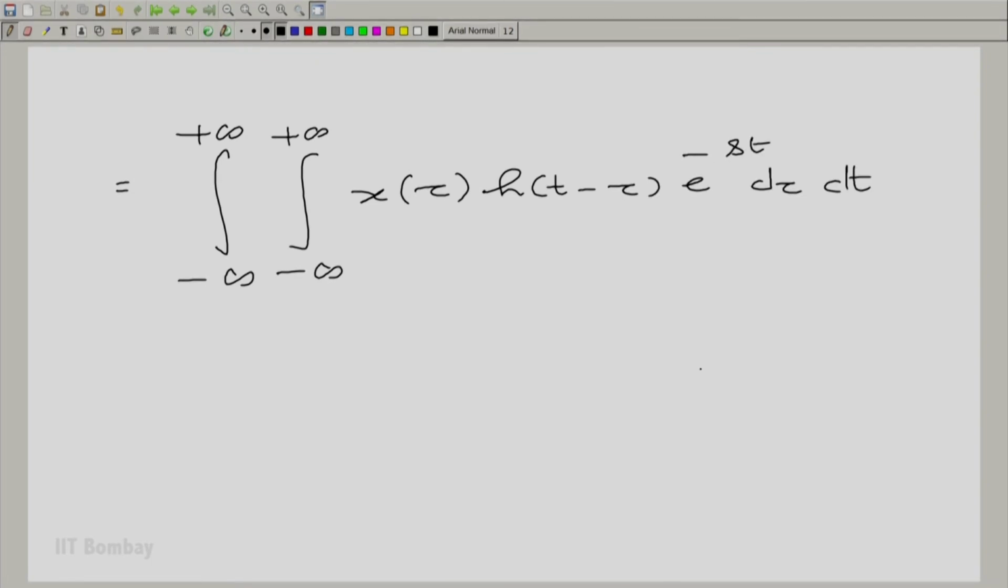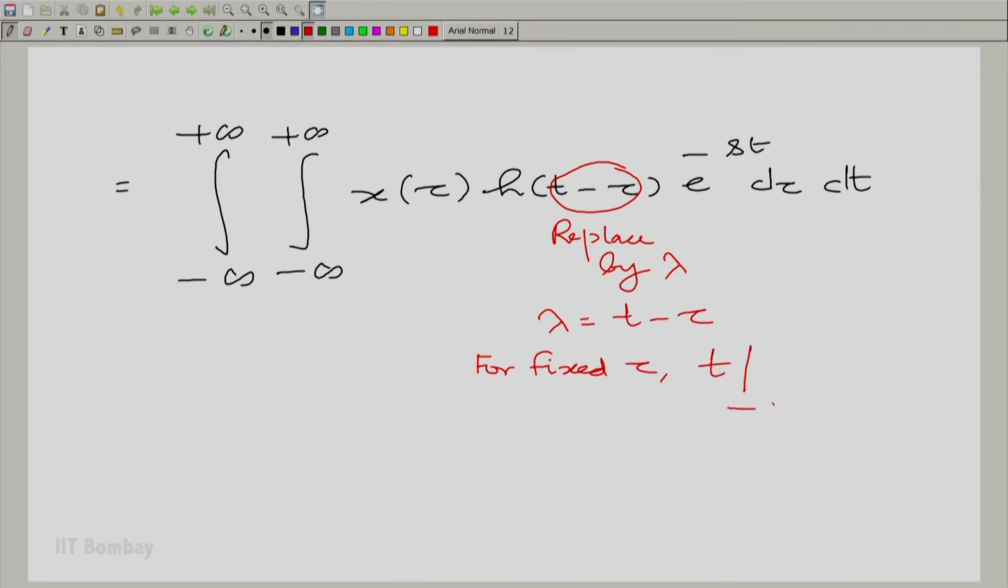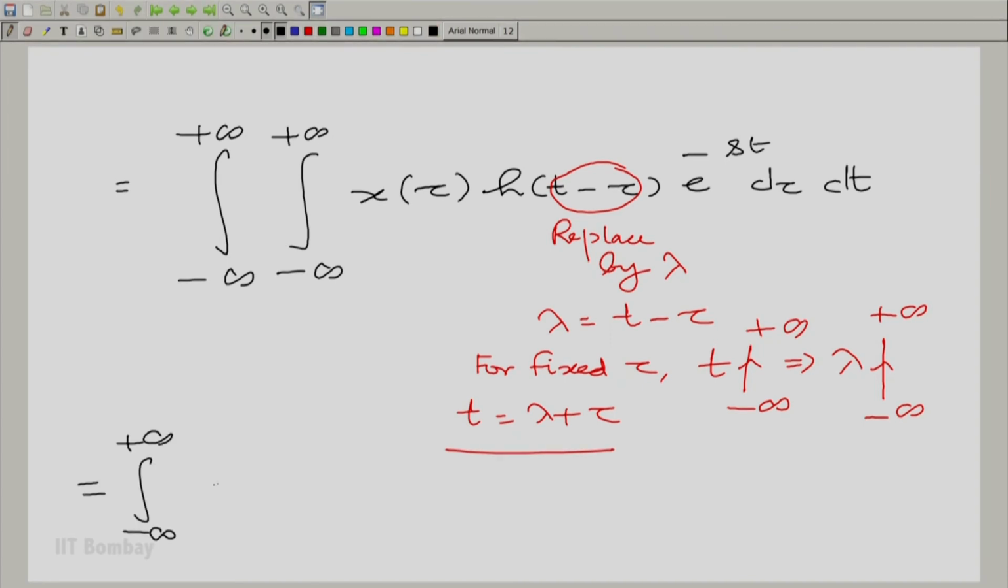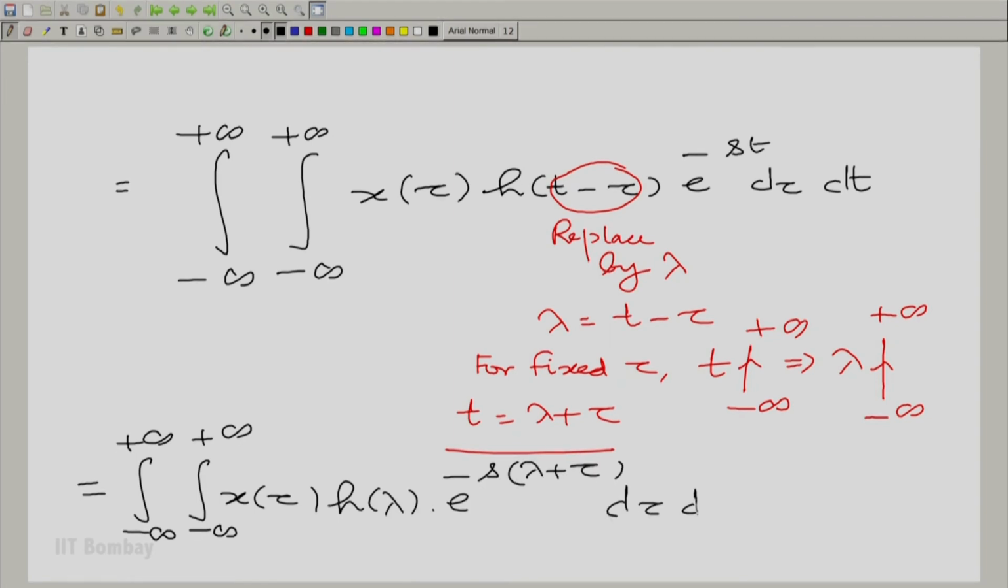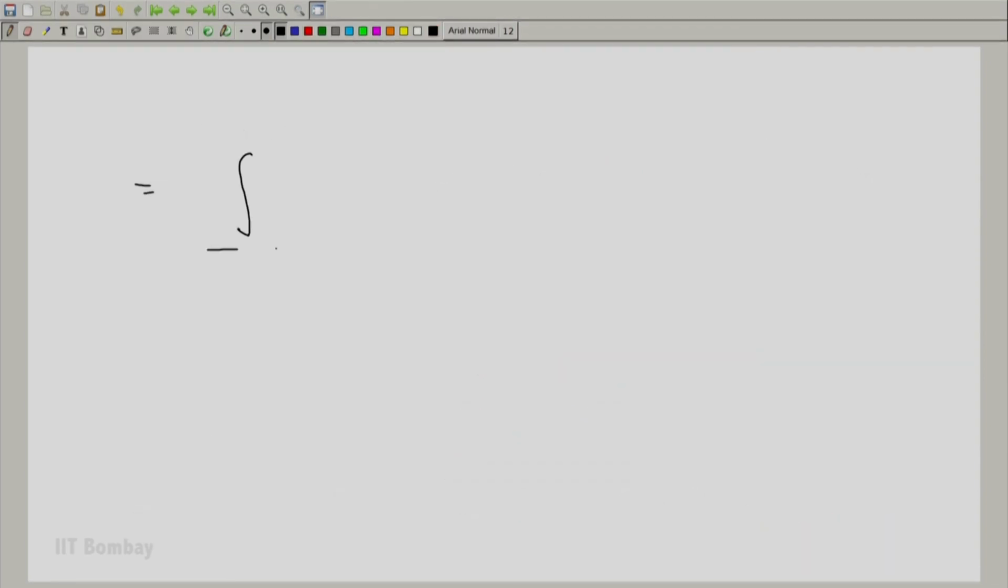And now let us make a replacement of variable. So, let us have tau going as it is and t minus tau being replaced. If lambda is t minus tau, for fixed tau, t going from minus to plus infinity implies lambda also goes from minus to plus infinity, and therefore, I can rewrite this further. t is lambda plus tau. Let me make these replacements here. Let us expand this now. And notice that we can now separate the integrals. The separation gives us,